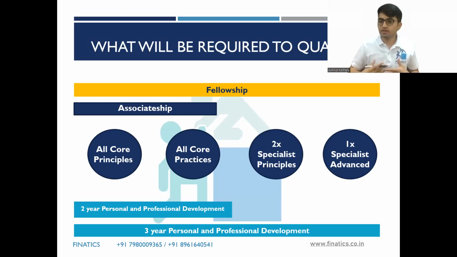In the actuarial journey, you clear certain papers generally when you are pursuing your undergraduation, or you might have started even when you are in school. Of late, students in class 11, class 12 have started pursuing this course. I have taught certain students in the last year or two who had started pursuing the course when they were in class 11 or class 12 itself. So the point is, you can start maybe at class 11, 12, or once you start your undergraduation studies.